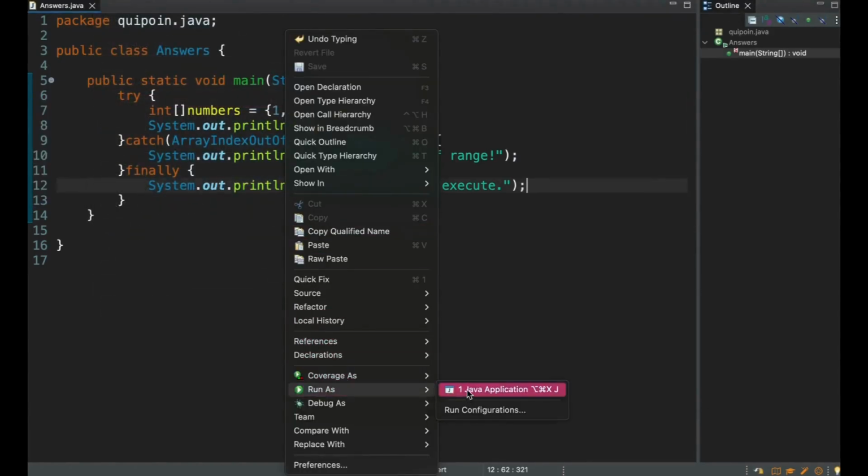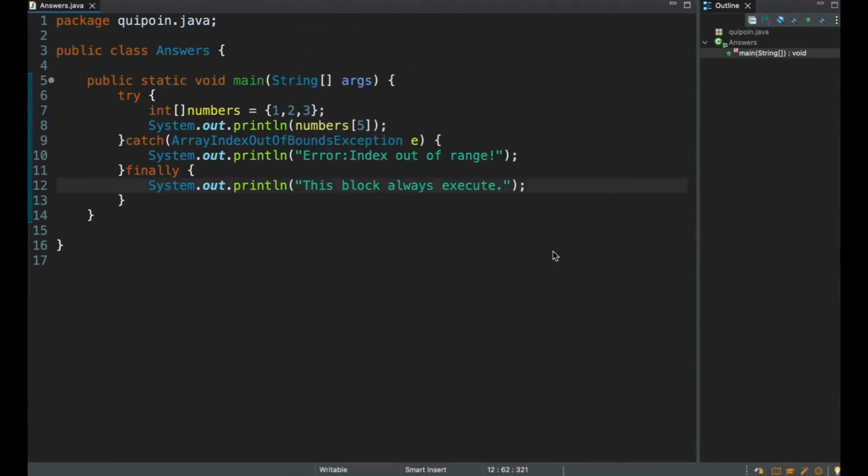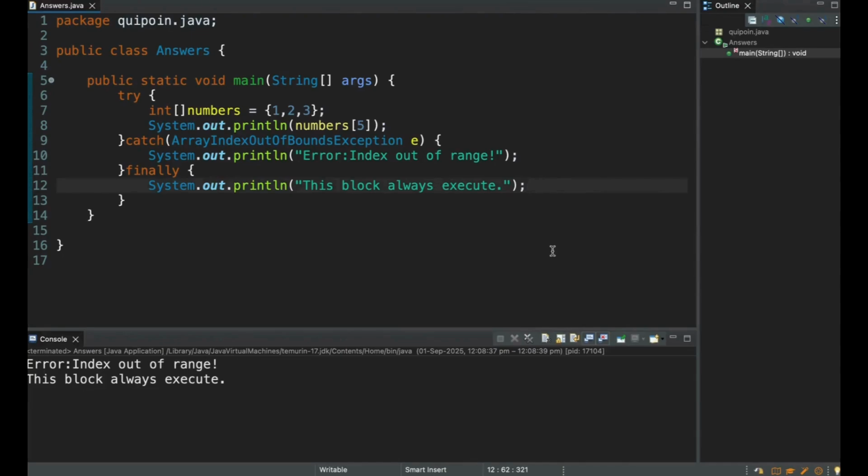Run as Java application. Proceed and you can see the output: Error, index out of range. This block always executes got printed. Now here we try to access an invalid array index. The catch block handles it and the finally block executes no matter what, often used for cleanup, like closing files or releasing the resources. Now we will see the throw block. So let's go